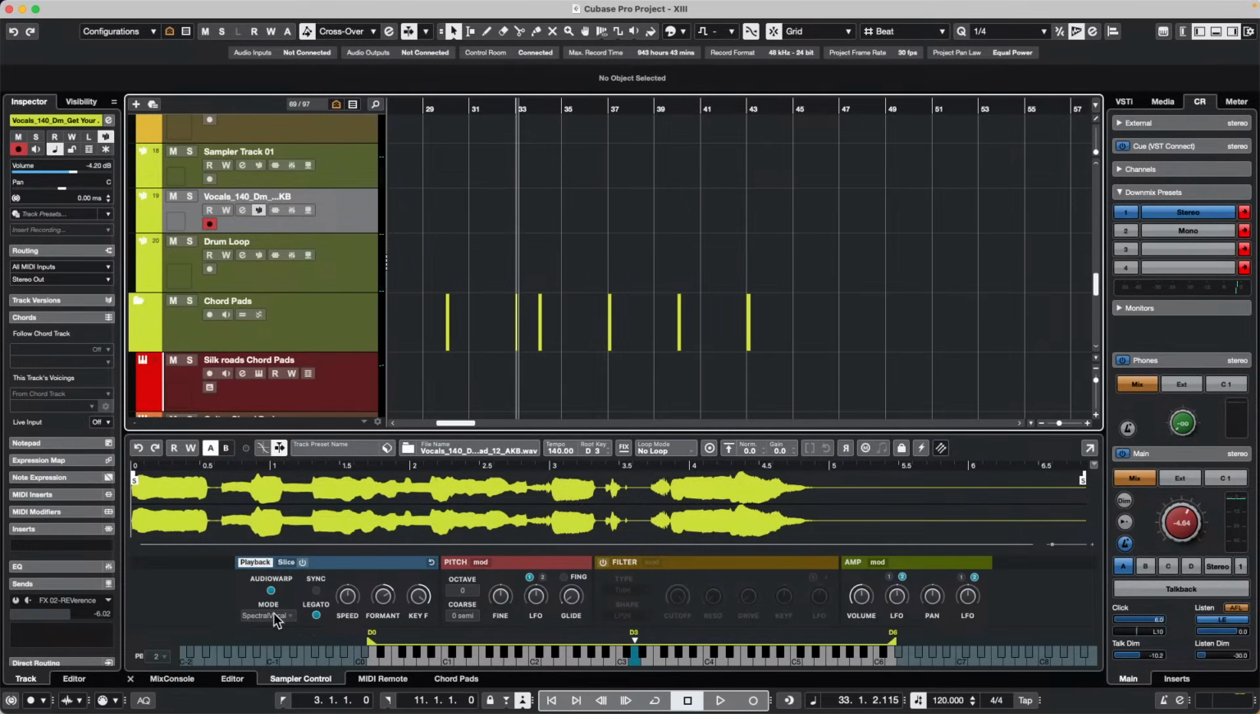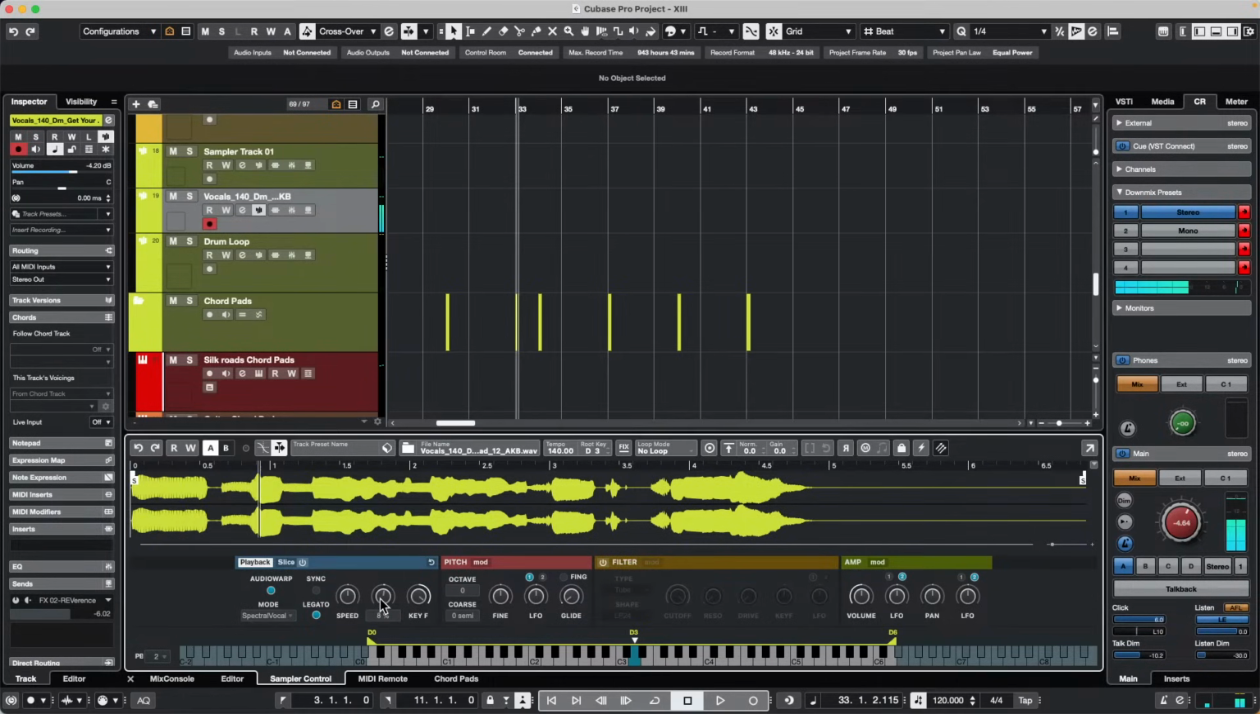So if we wanted to come over here, we could choose our spectral vocal. So if I just put this into legato mode, I can now come over here and we could adjust the formants. So if I went to adjust formants,